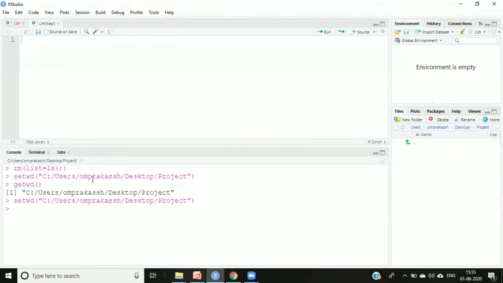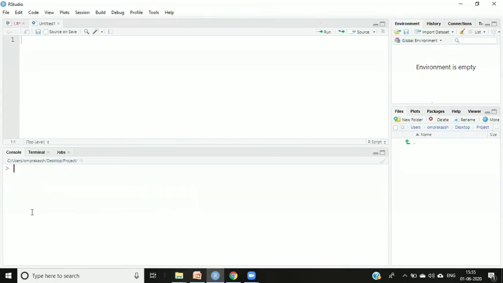Now suppose I want to clear this screen. If you want to clear this screen, you can just press Ctrl and L simultaneously, and this will clear the screen. So the other way is also there, I'll tell you in a few moments. But the shortcut is you can press Ctrl and L, and it will clear your screen.